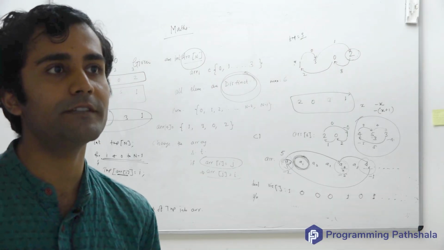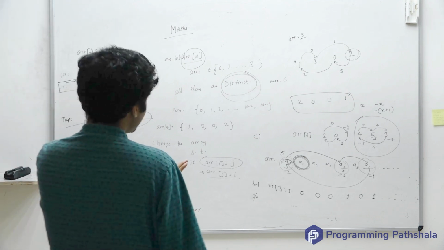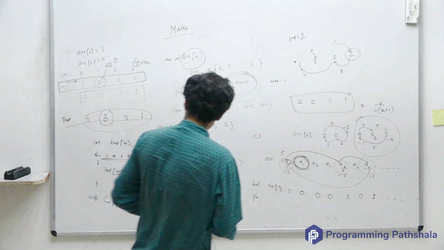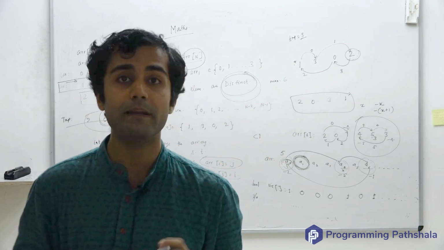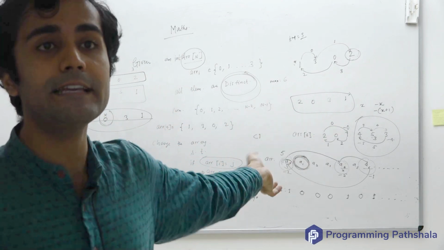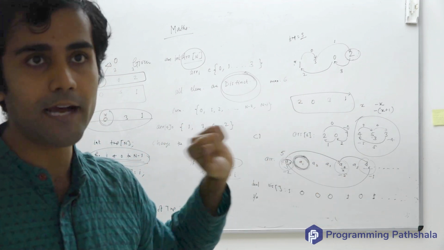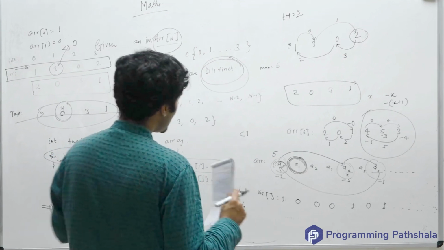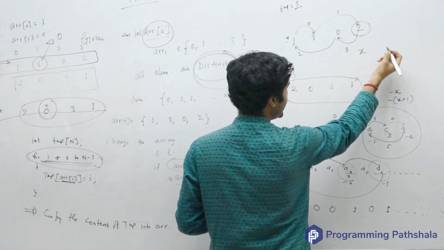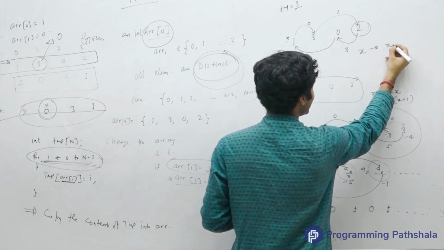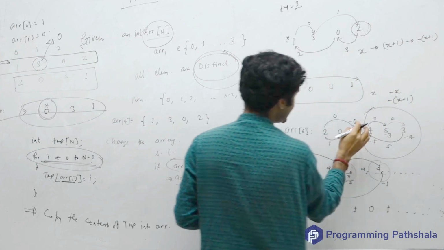So this is one way which will make your life easy, and this is how you will get your job done. The only thing is that when you have performed this iteration, when you have touched all the elements and successfully placed them at their deserving locations, then eventually you would want to transform back the elements, right? And how would you transform back the elements? What is it that you have done? Instead of placing x, you first did x plus 1, and then you multiplied this value by -1,